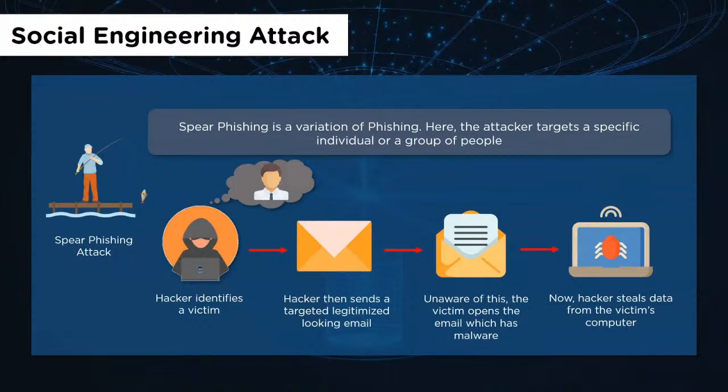Spear phishing is a variation of phishing. Now, phishing is a non-targeted attack. It is to the whole world at large, whoever becomes a victim. However, spear phishing is a targeted attack. It is to a specific individual or a group of individuals in an organization, so it becomes a customized attack. You identify the victim, you identify the flaws that exist in the organization, you identify the gullibility of the victim, create that fake mail to suit that particular situation, and send it across to them. They'll then click on that link and get infected by whatever payloads you have embedded with it.